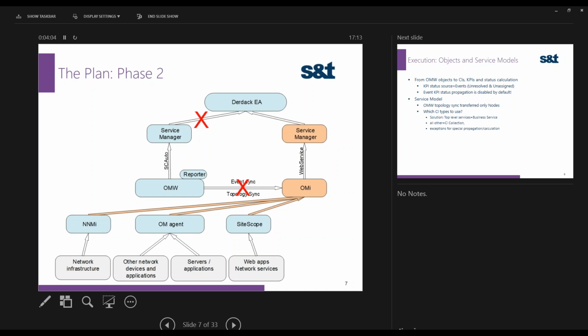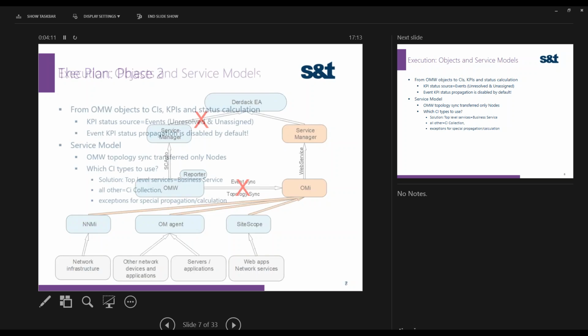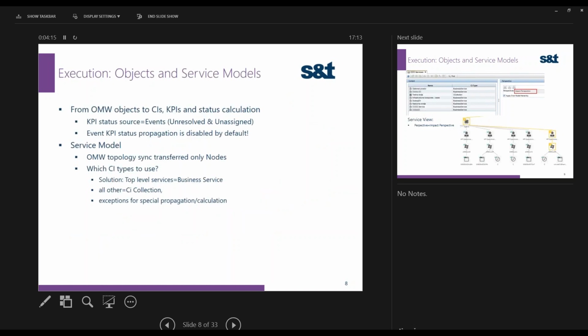My story was around everything that happened in between when we were building this parallel system, starting with the paradigm shift from the old objects into CIs and KPIs and status calculations. And this was just, from the point of view of a system administrator, going into a jungle, because everything was blown up, and all the things that we never knew or cared about, now we suddenly had to worry how the status of the object, of the CI, is calculated,